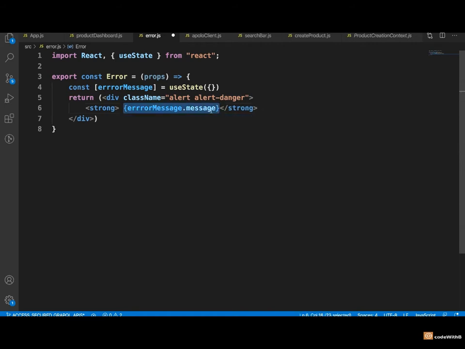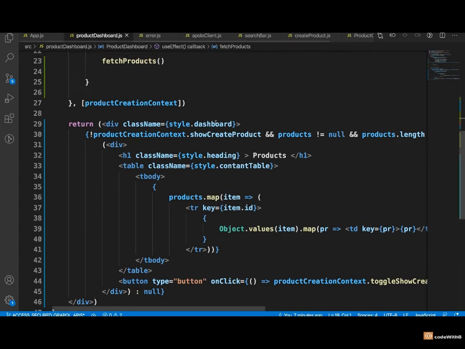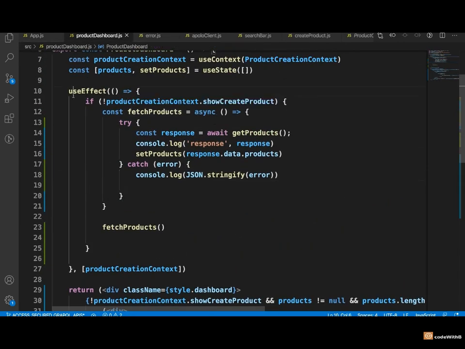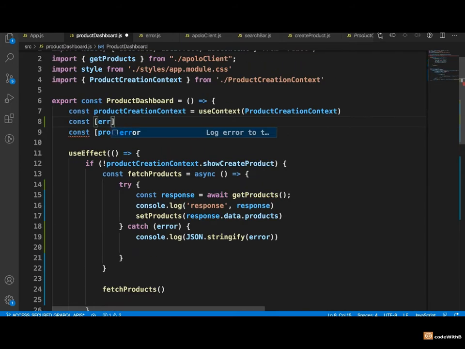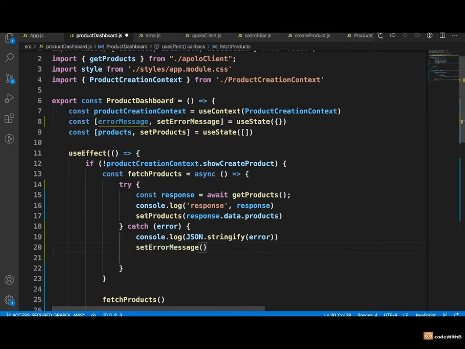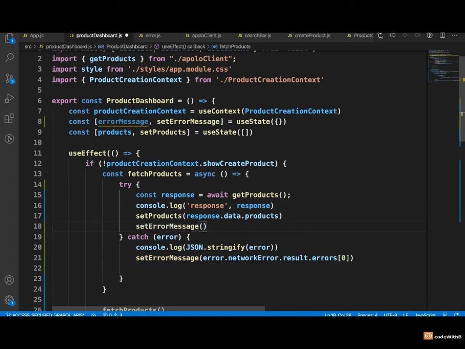To use this component in our product dashboard, first of all, we will set this state. If we have received the error, then we need to set the error message. We will use the same state, errorMessage. We will also use setErrorMessage, and whenever we receive the error, we will set the error message. So here we will get the error from the networkError and then result.errors, and we will use the first element of the errors. Also add the empty object whenever we have a successful result. And similarly, we will set the product to an empty list whenever there is an error.